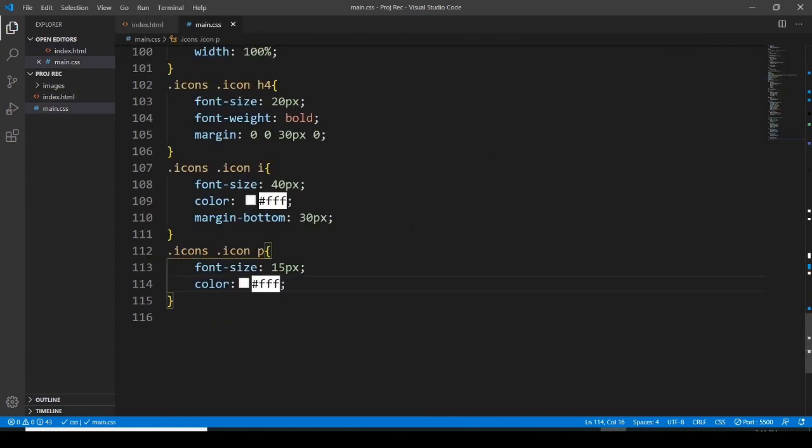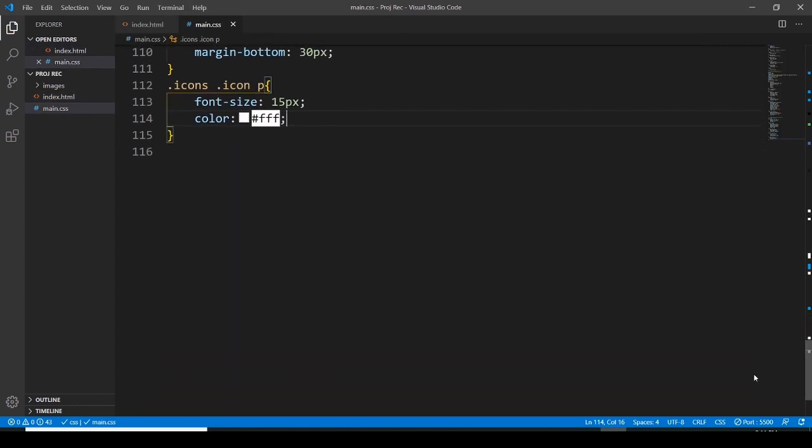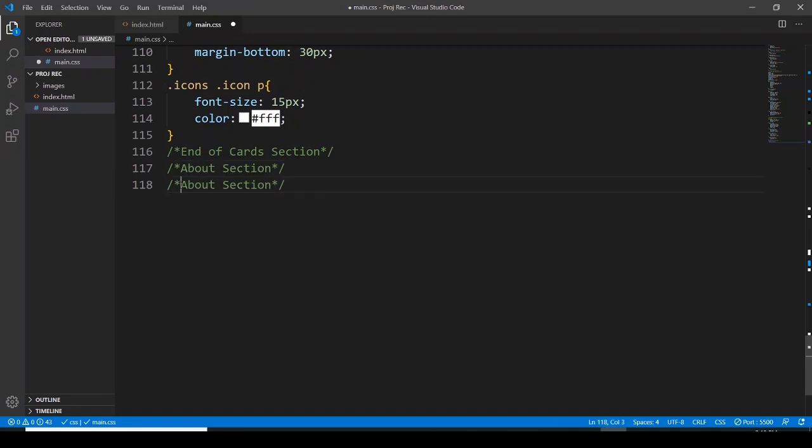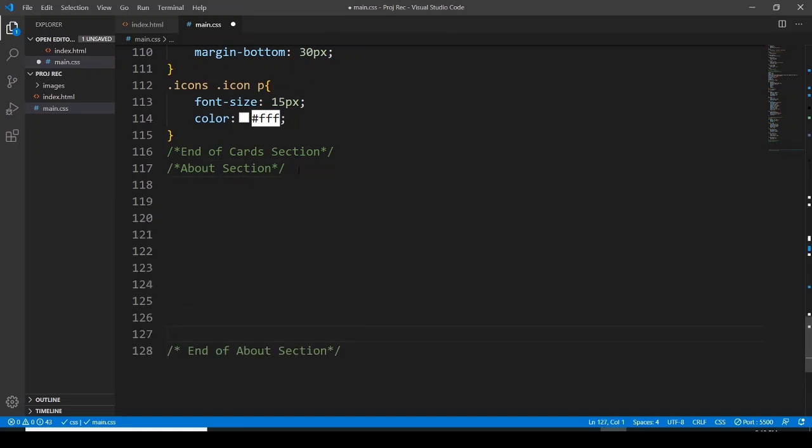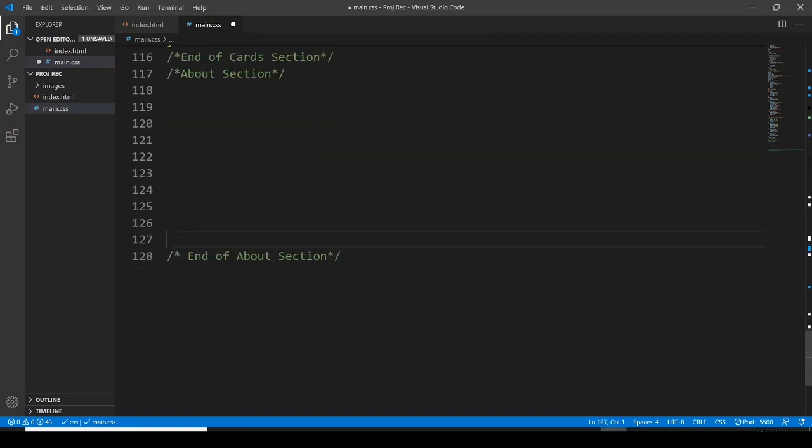For that, let's move on to main.css, and here this was the end of the cards section, and let's start creating an about section. So, about section, and let me copy this, paste it, and let's say end of about section. Now here within these lines,